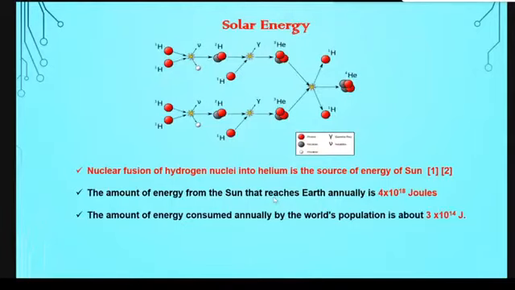So in this slide, I hope it is clear what the source of solar energy is, and the simple answer is that the source of solar energy is nuclear fusion. Due to the fusion of two lighter nuclei, or you can say the making of one heavier nucleus from the combination of two lighter nuclei, there is a difference in mass, and that difference in mass is converted into energy by the formula E equals mc squared. You are very much familiar with this formula.